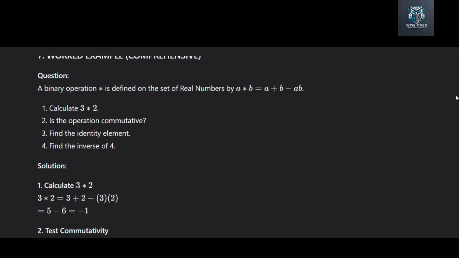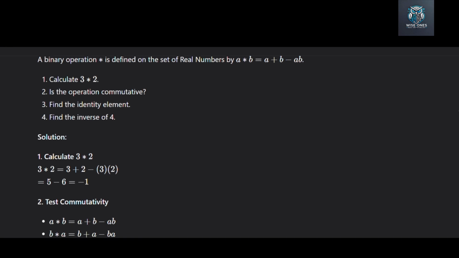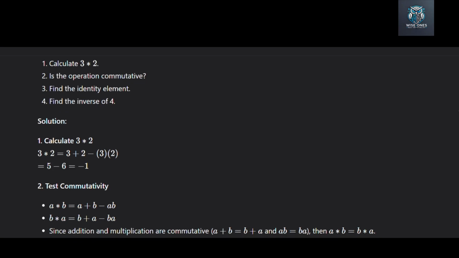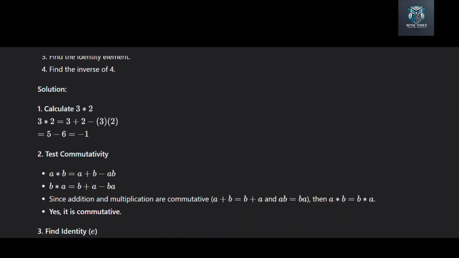Let us solve part 1. Calculate 3 star 2. Using the rule, 3 plus 2 minus 3 times 2. 3 plus 2 is 5. 3 times 2 is 6. 5 minus 6 is -1. So 3 star 2 equals -1. Part 2,